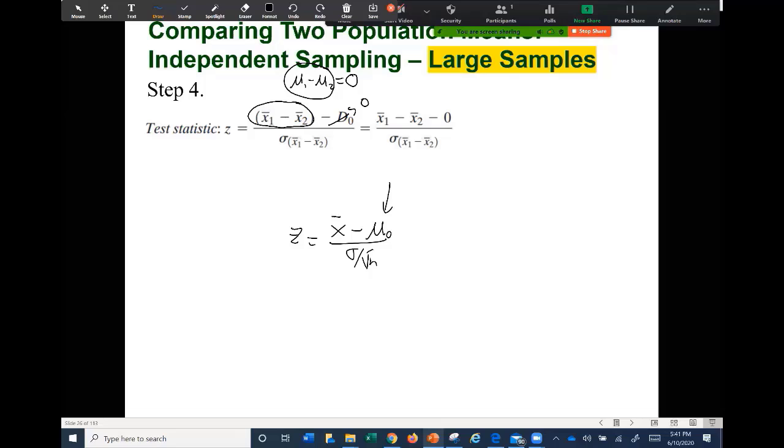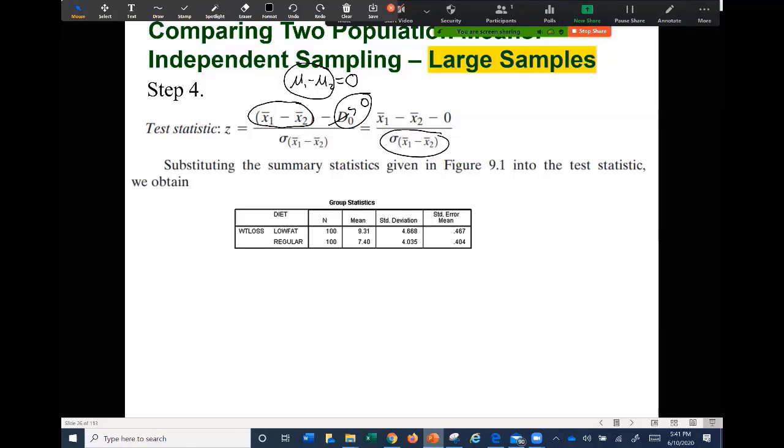The assumption for the two means of the population is that they are equal. Then the assumption is 0. Then when we substitute this, and we substitute the standard deviation of all possible differences, the variance is equal to the sum of the two variances. We can use the printout or the summary statistics, when we have the mean for both populations and the standard deviation for both populations, and we can write the test statistic in this way. Remember that is the formula.